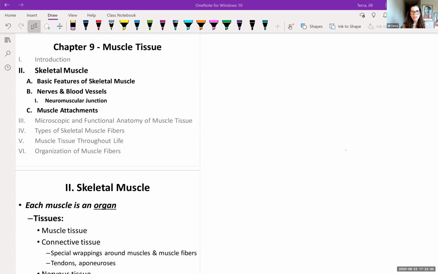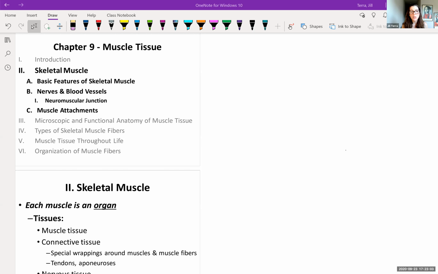Let's continue on looking at muscle. And now we're going to be looking mostly at skeletal muscle, because skeletal muscle is kind of the dominant muscle tissue type in our body. So we're really going to just focus on that. We're going to look at the basic features of skeletal muscle and look at the involvement of nerves and blood vessels with our skeletal muscle tissue, and specifically look at a place where our nervous system meets up with our